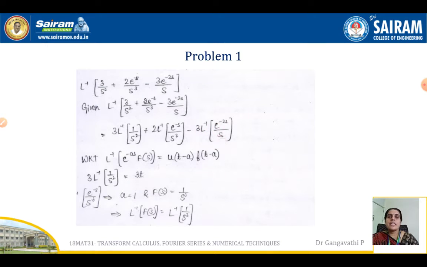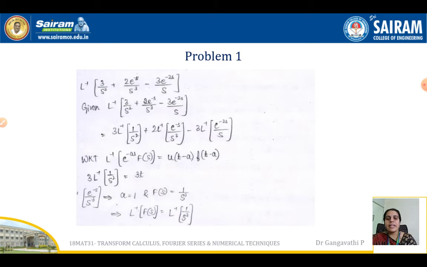Now let us analyze from the table of inverse Laplace transforms which we have seen in the last session, and get the inverse Laplace transform directly wherever possible, and wherever it is not possible a small modification is to be done in order to bring it to those forms, so that it is easy for us to write the final solution. So here the first term is L inverse of 1 by s square.